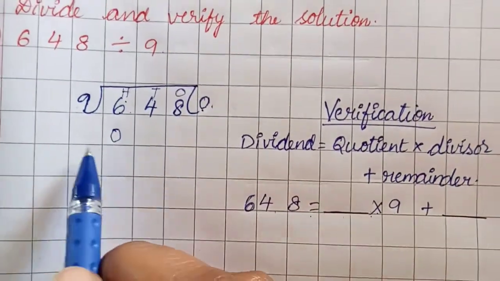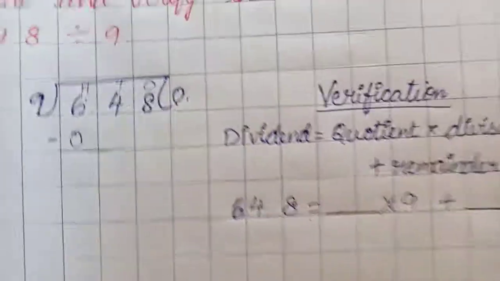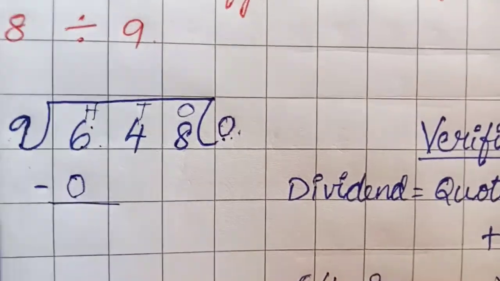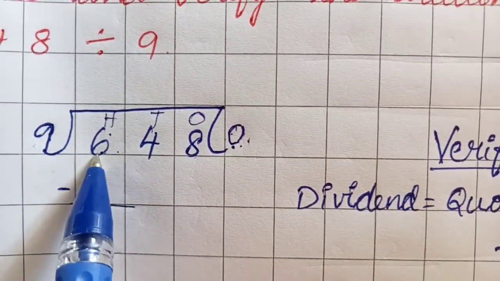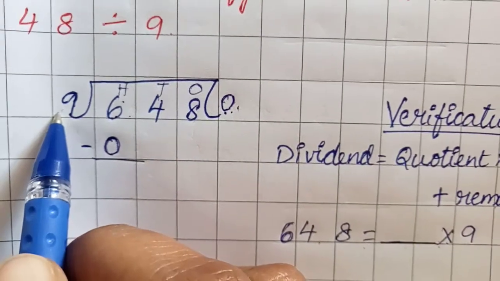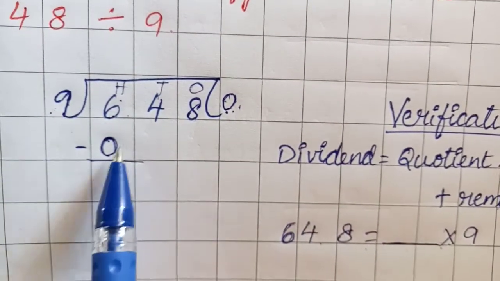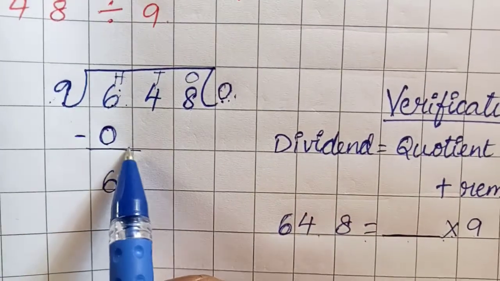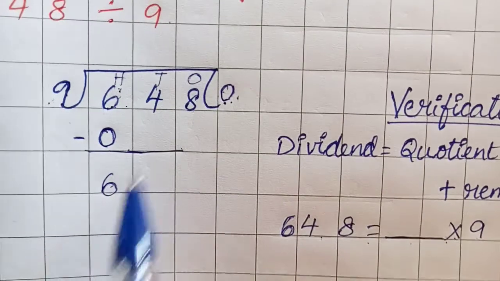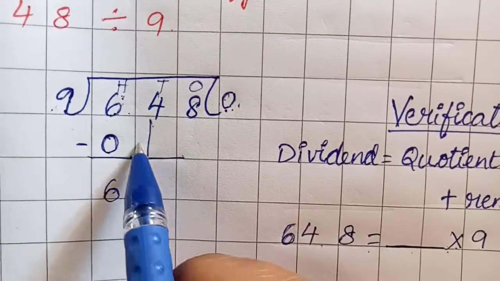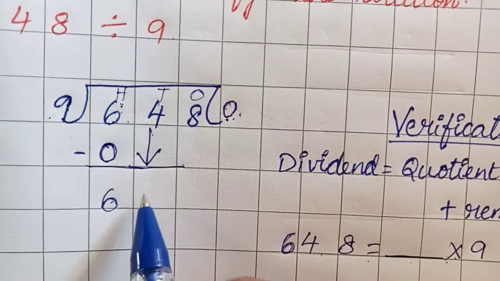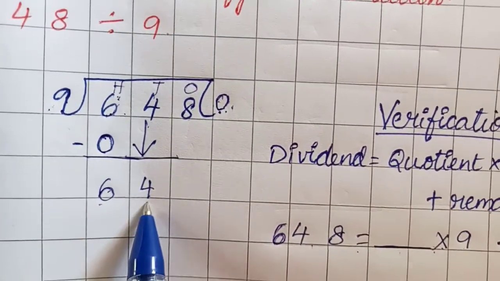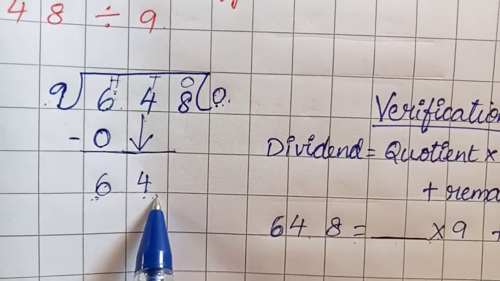9 zeros are 0, right? So we will do subtraction here. 9 zeros are 0. Why we are putting 0 here is, this 6, no? 6 will not come anywhere in the 9th table. So we will put 0. 6 minus 0 is 6. Now hundreds place is over. So this tens place will come down. 4 it will come down. We'll put 4 here. And how much we got? 64. Our number is 64 now.